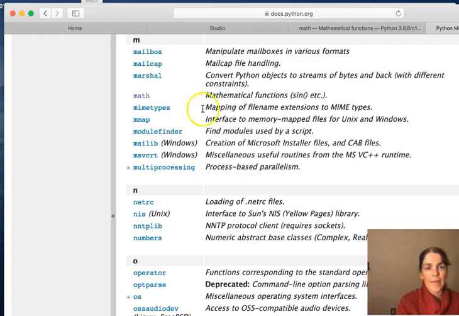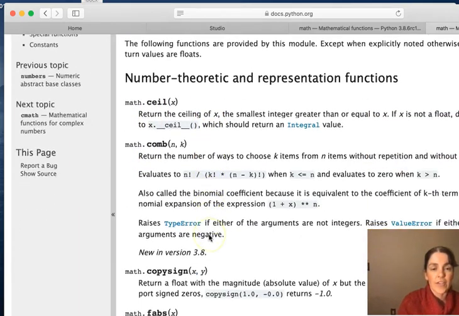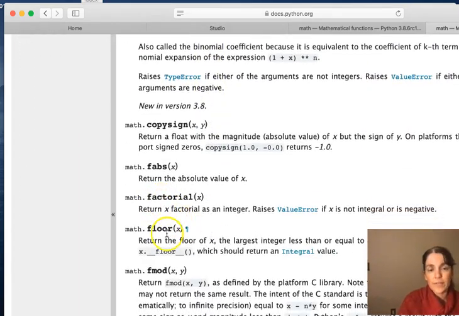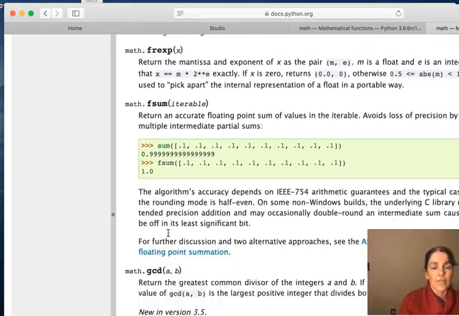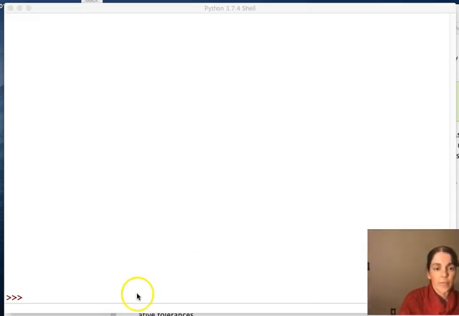I'm going to start with M and look at the math module. If your function has a lot of math in it, you might look through these mathematical functions and see if there are any that are going to come in handy for you. I'll start with the ceiling function, but there are also things like the factorial function, the floor function, and sine, cosine, tangent. So let me open up the interactive shell and we will start trying some of these